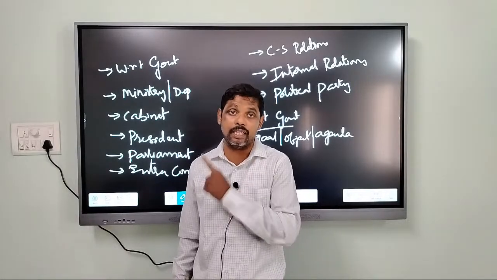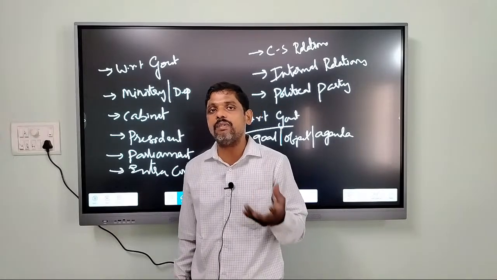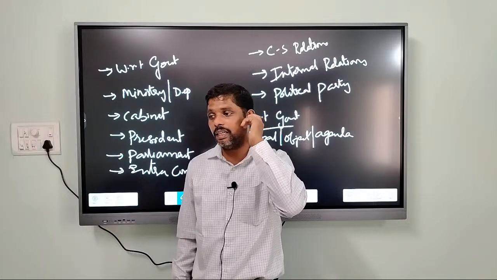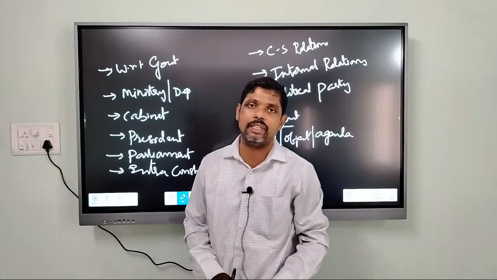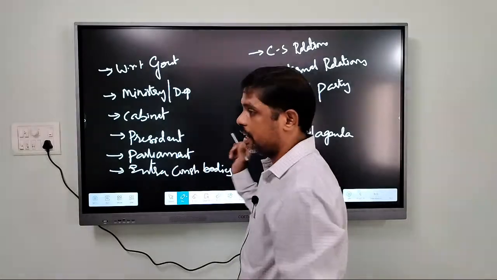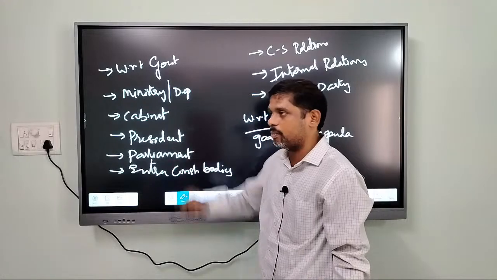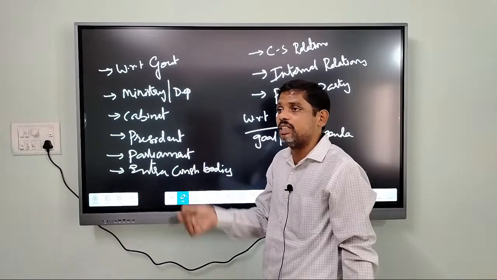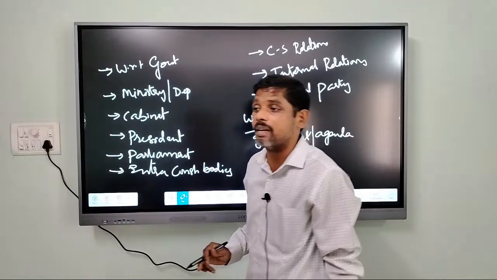Because remember, the Prime Minister is the leader of the government. As a leader of the government, what will he do, right? He is involved in these kinds of activities. So remember, he being the leader of the cabinet, leader of council of ministers, he assigns work among the members of the government, right? Divides, integrates, coordinates, supervises, right? All these are the functions which are performed by the Prime Minister.